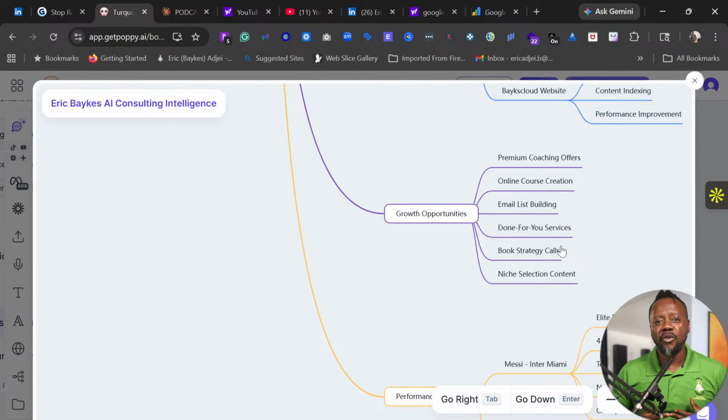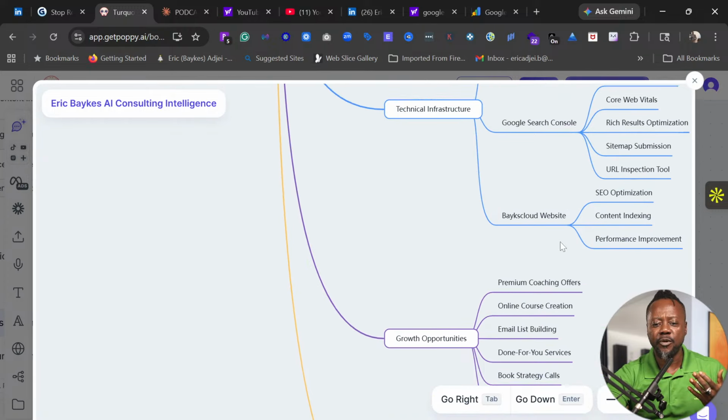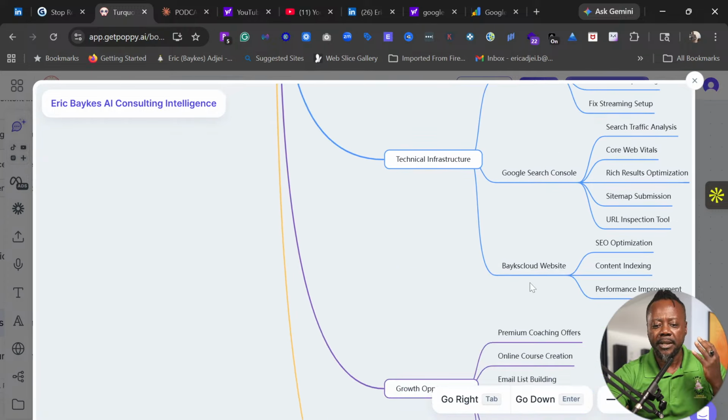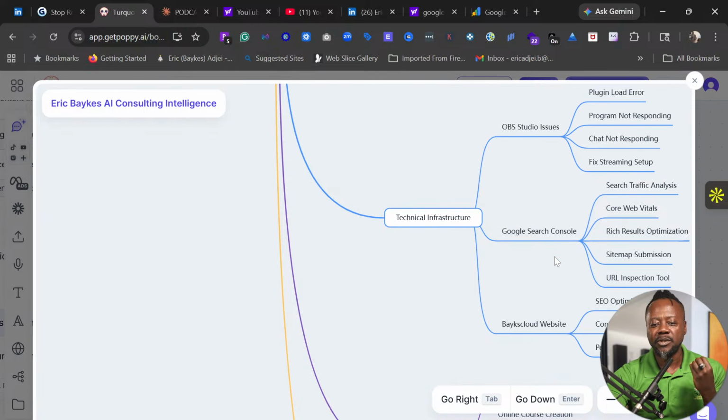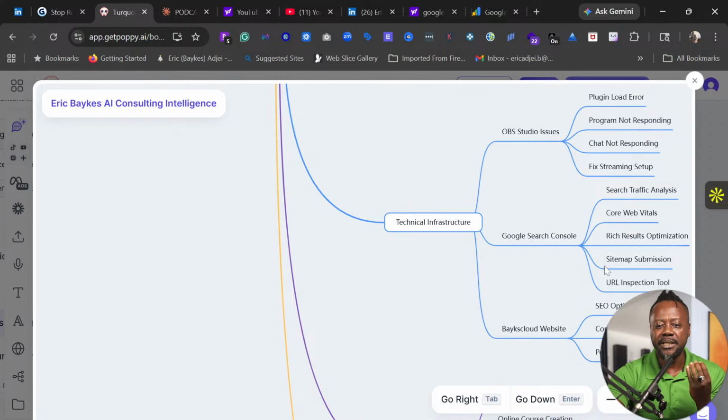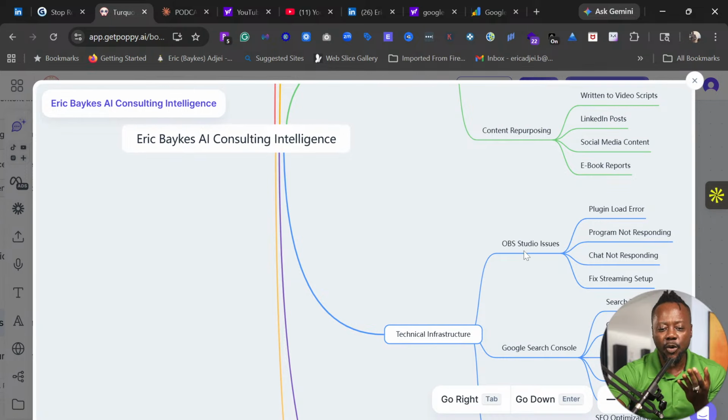How can I onboard my client into my program? All this stuff is going to give you a mind map. We have Big's Cloud website. We do SEO optimization, content indexing, performance improvement, Google Search Console, the information we got from Google Search Console, that is the traffic analysis, core web vitals, rich results optimization, guys, sitemap submission, right? These are the information, the OBS,